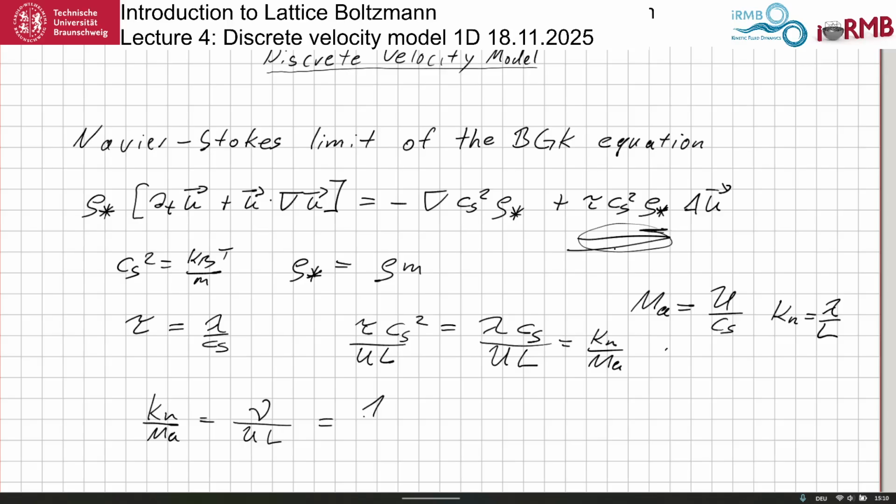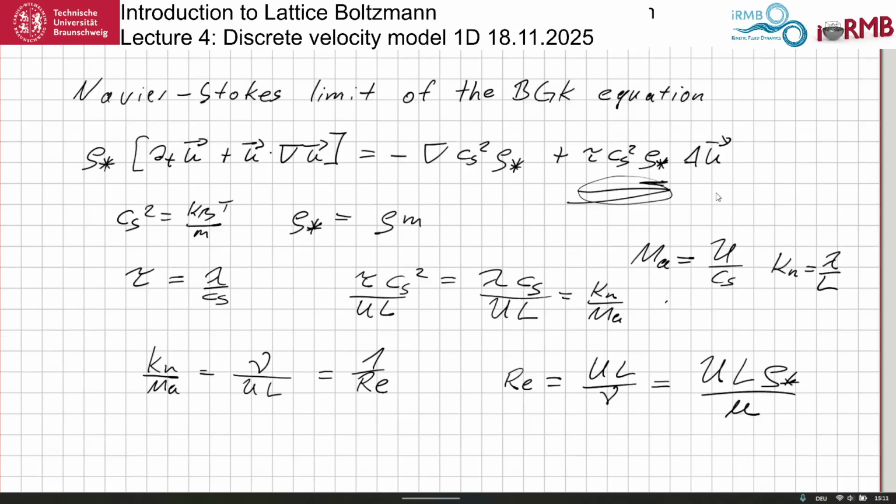This is 1 over the Reynolds number. Because we define the Reynolds number as UL divided by nu, or usually in the books you will find it defined with mu, with mu being rho times